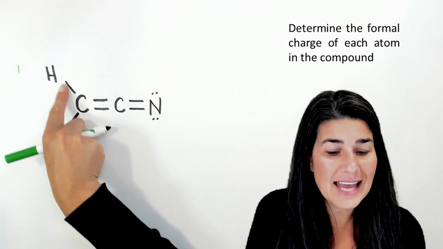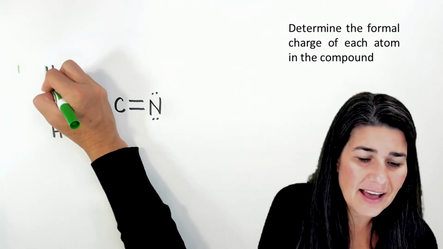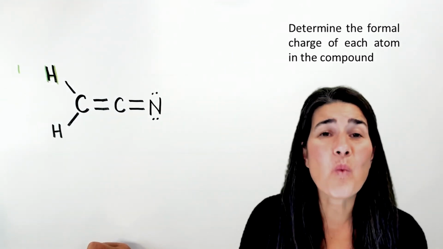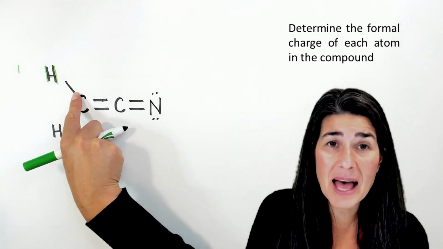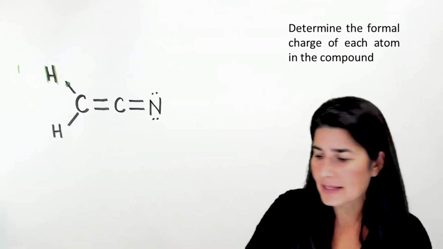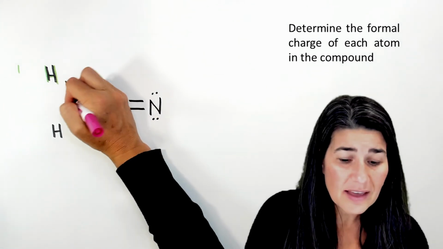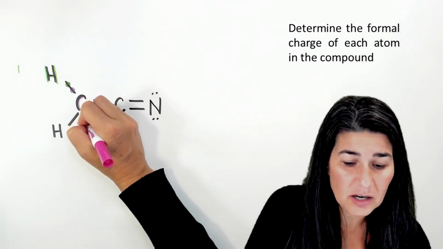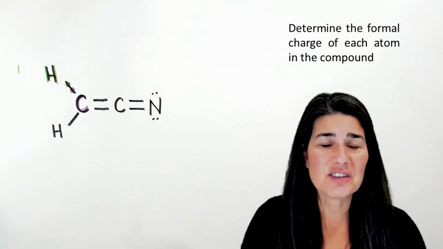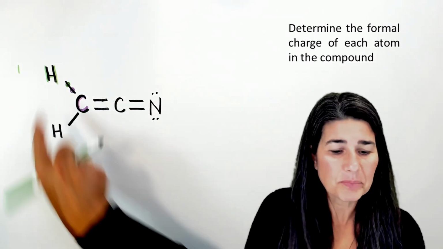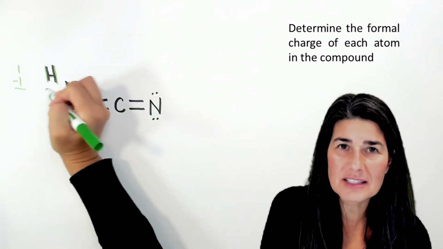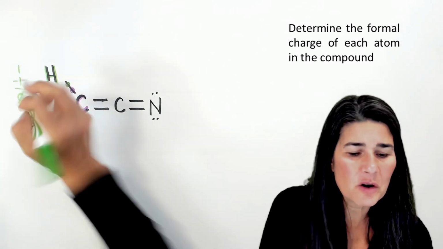For example, hydrogen. Hydrogen is supposed to have one valence electron. Now remember, in any single bond, let me go ahead and highlight this hydrogen, only one of the electrons in the bond comes from that atom. Let's say that there's two in this bond and that this is my carbon right here. Only one in that bond came from the hydrogen and belongs to the hydrogen. One valence electron minus the one that it gets to claim as its own gives us a zero formal charge